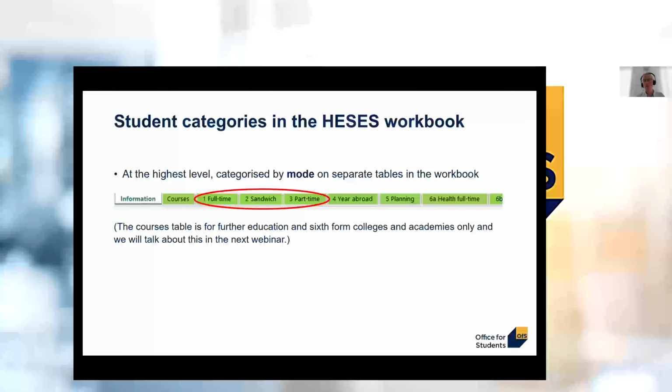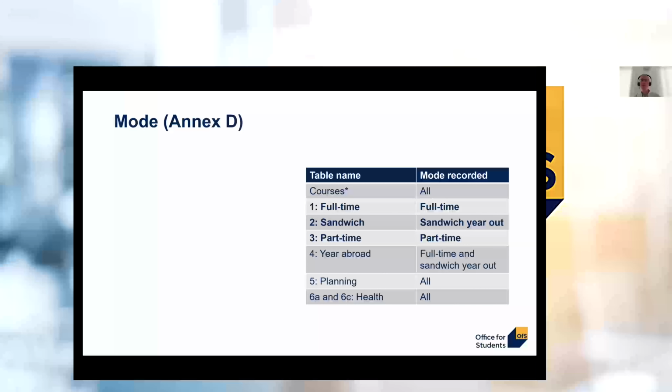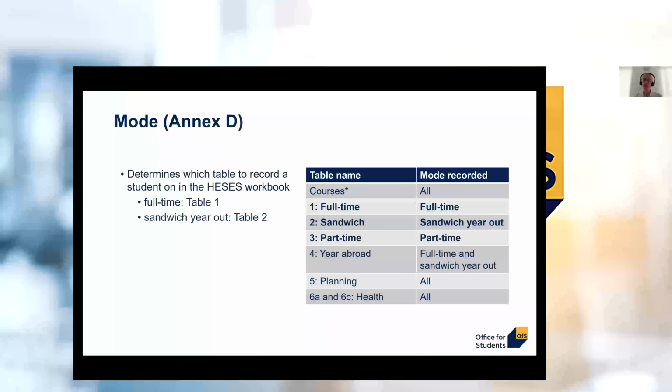So now let's talk about precisely what we mean by the mode of study. The mode in which students study determines which table they are recorded on in the HESES workbook. Now this can be full-time, which goes on table 1, sandwich year out, which goes on table 2, and part-time, which goes on table 3. These modes are mutually exclusive, and Annex D is the place to refer to in the HESES guidance to get